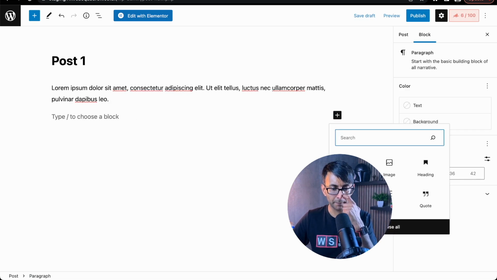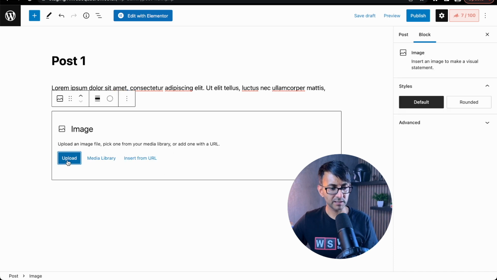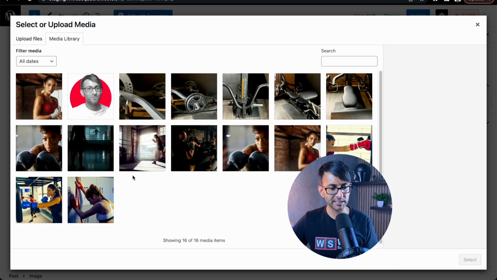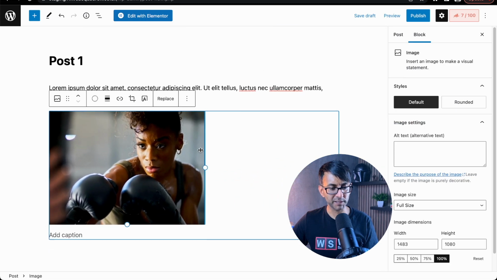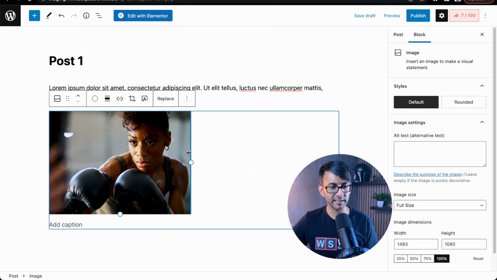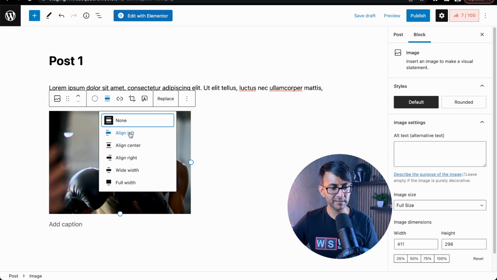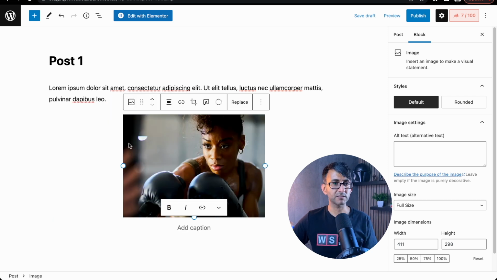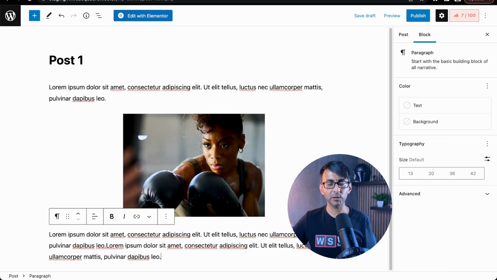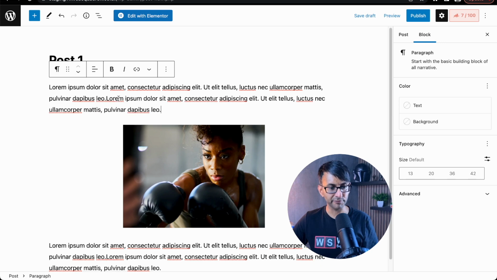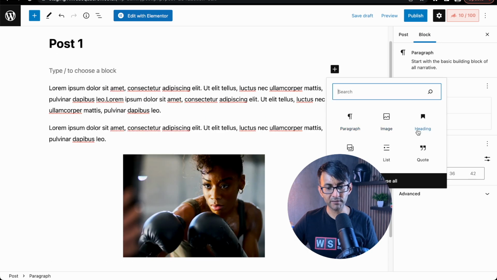I'm now going to drop in an image. Let's go to media library and let's pick this image here. I'm going to resize the image just by dragging the sides of it, okay, like that. And I'm going to say, make this image be in the center, something like that. And underneath, I might then add in some further text like this or whatever I want to do, okay? I mean, I'm just doing this on the fly now, okay? Look, paragraph, images,